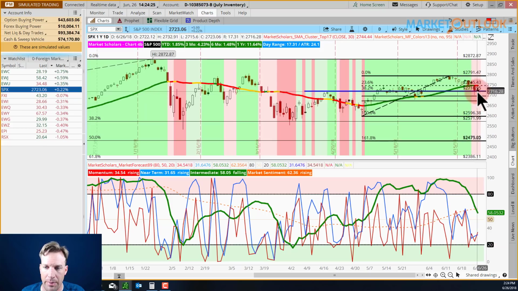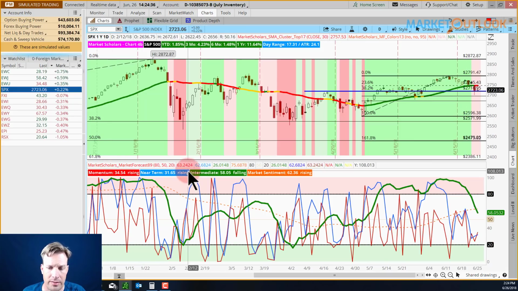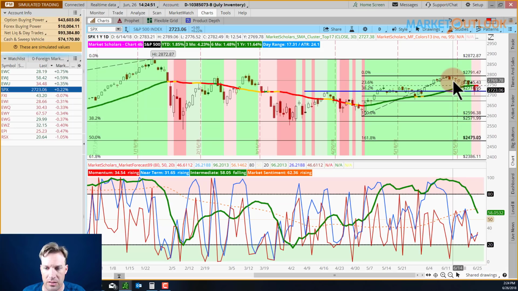You can see the bounce off of this low yesterday, which basically we continued today a little bit, kept the short-term sentiment lines pointed higher, so they're both rising, and they're also both avoiding the reversal zone. And also what I failed to mention yesterday was the near-term line is forming slightly higher lows here. Obviously, from where my cursor is up here, this is not a slightly higher lows on the index itself.